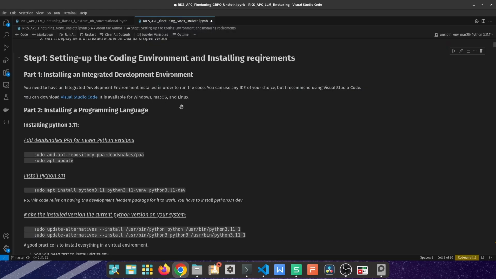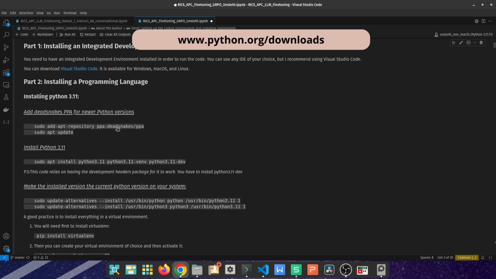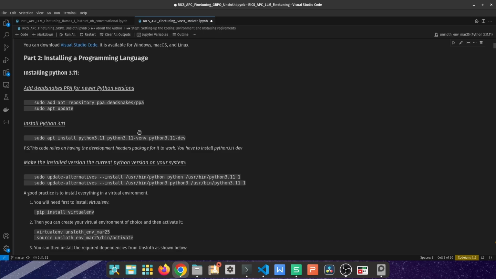And then we need a programming language. Normally you would go to python.org/downloads if you're on Windows or Mac. In here, it's a bit different on Linux because we need a specific variant of the Python programming language. First of all, I have added the deadsnakes PPA repository, and I updated all of the packages that I do have on the system by using sudo apt, and you're going to be asked to enter your password because sudo gives root rights. And then I installed Python 3.11, and I made sure that I have the dev option or